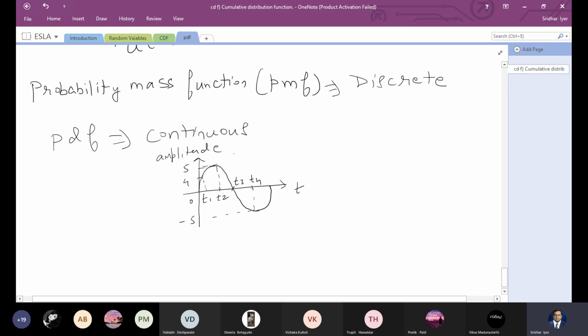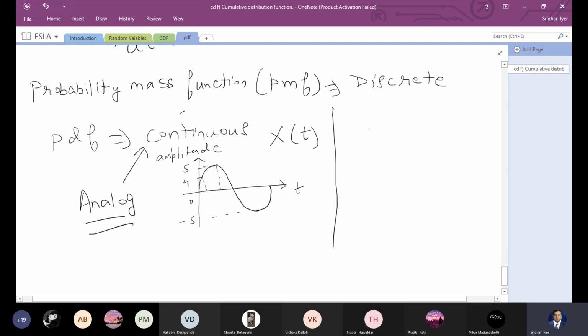Right? So if the signal value is x, this continuous signal is denoted as x of t, because it is changing at all instants of time. This kind of random variable or signal is also known as an analog signal. In your principles of communication systems class, you'll be studying amplitude modulation and frequency modulation, which are analog modulation techniques, because they deal with analog signals. If I compare this with discrete signals, these signals look like this.